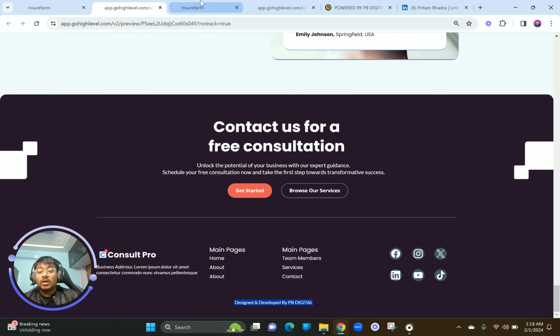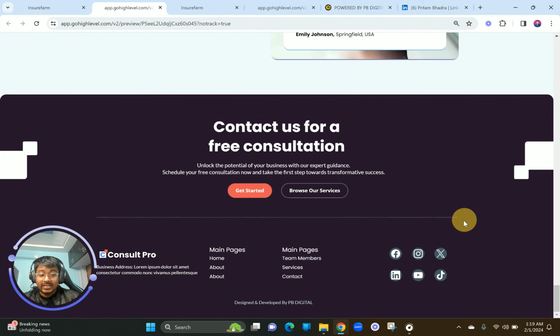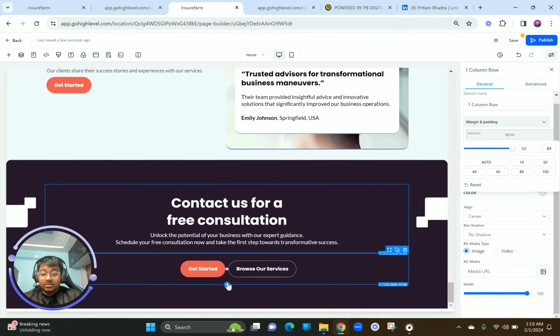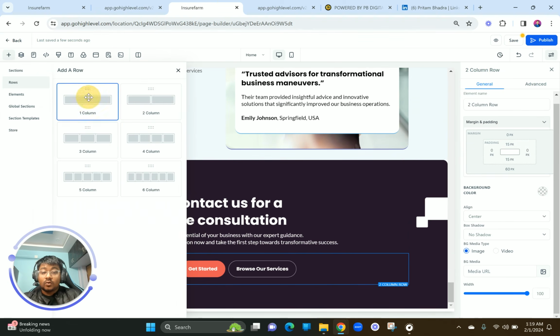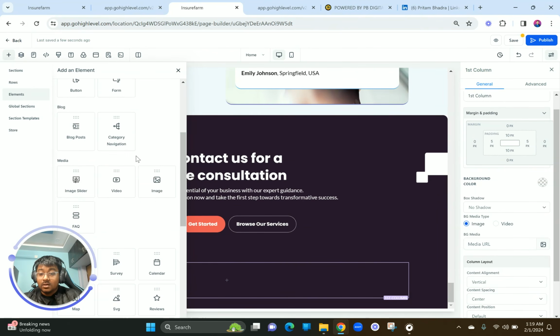So the way you create it is that first of all you see that there is a line that basically segregates or separates this. So the way to create it is very simple. You just have to have one more one row column. In this one row column, you can have a divider. What we call this as,